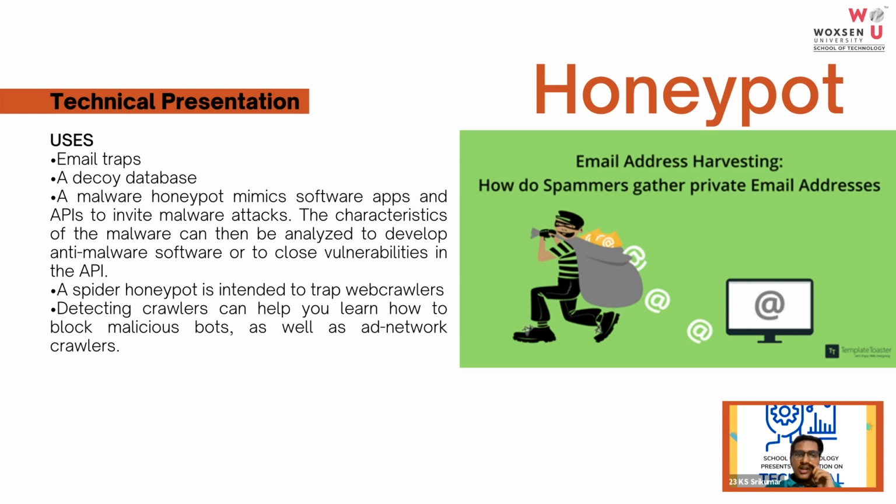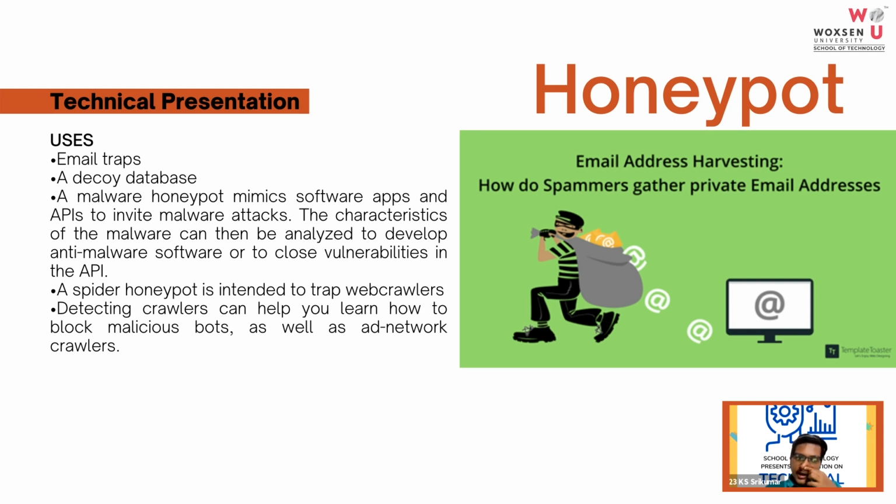And the next is a malware honeypot. This mimics software, apps, and APIs. An API is nothing but an interface between one software and another software, or one computer and another computer. So what it does is it makes software, apps, or APIs similar to already made apps, so that when a malware attacks the system, before it can really corrupt the system, a solution is formed. Most of these are made such that before the attacker attacks your system, a solution can be made so that they will not attack it.